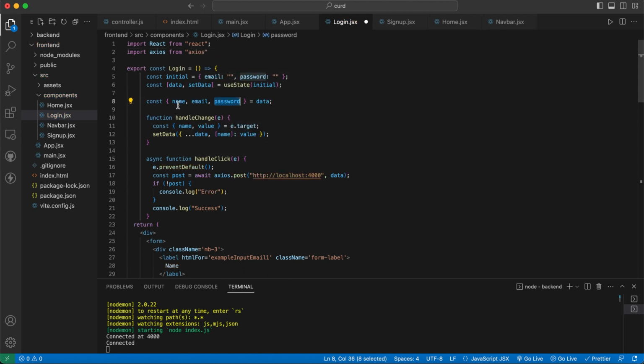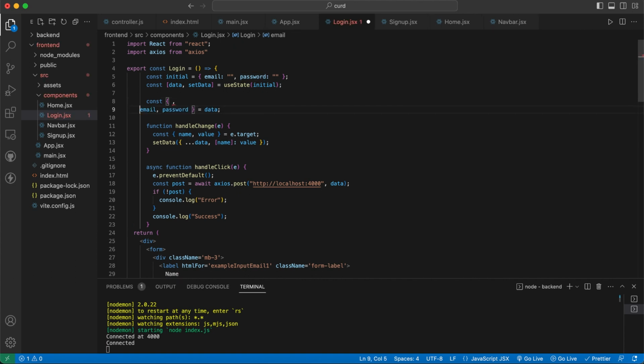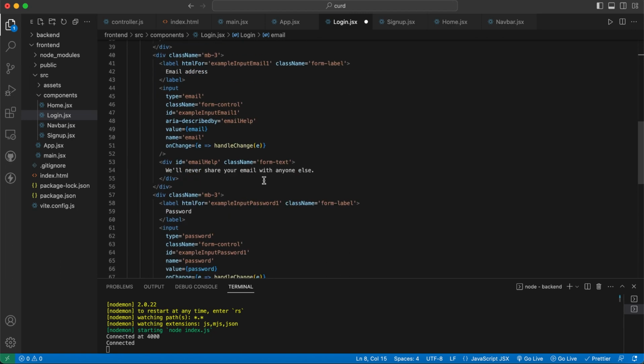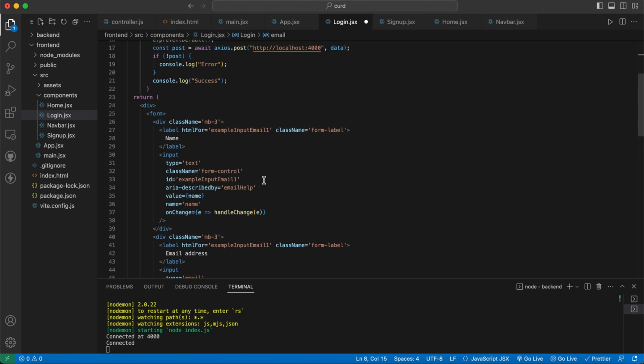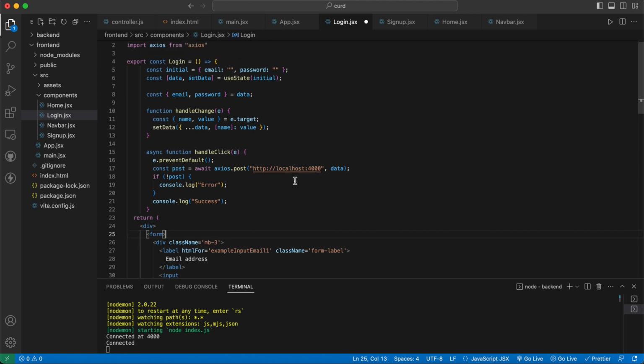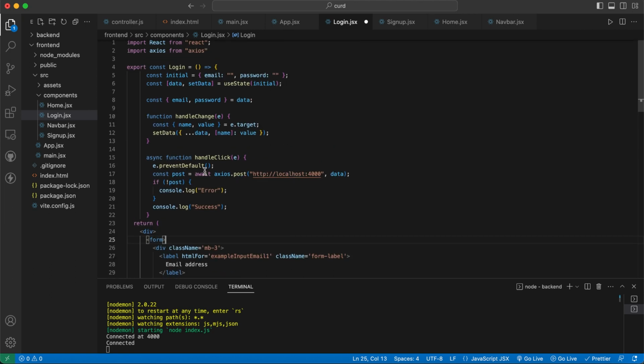And here we don't need name. Success. And in login, we're not trying to post. We are trying to post, but we are checking if that thing is there or not. So post /login,